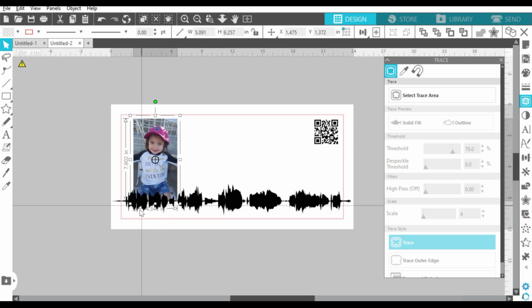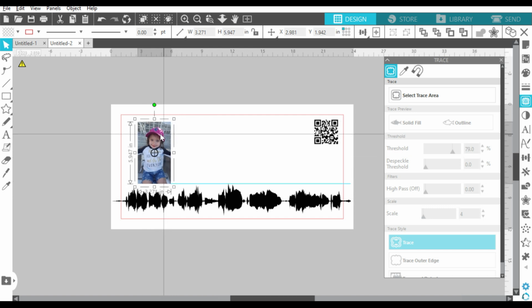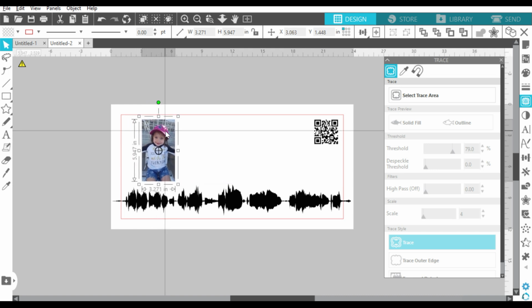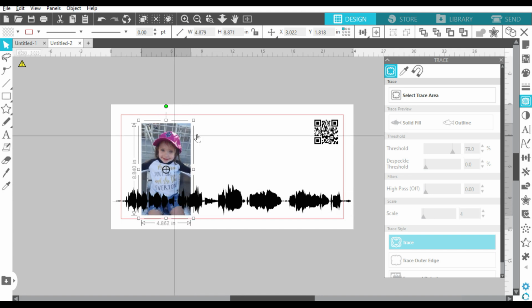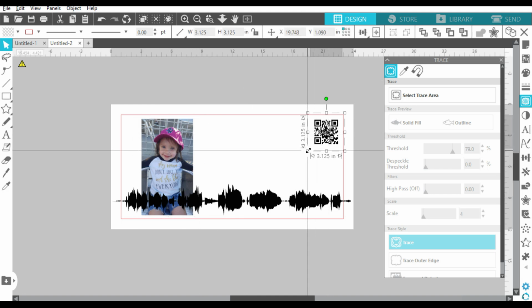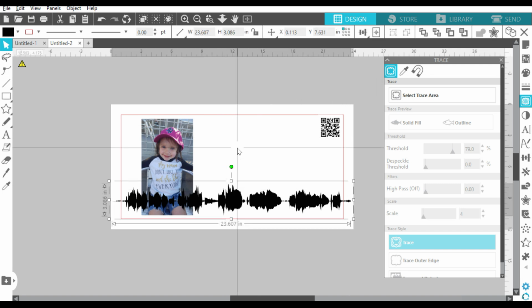And then let's go ahead, let's move our picture just a little bit. Actually, I want to, and you could put it anywhere you want. I think that's too small. So I'm actually going to move that and make it a little bigger. And I actually have a pretty cool trick to show you guys with where the audio wave file overlaps. But just remember that this sign is 24 inches wide, so you don't have to have a super large QR code if this looks too big to you or it's in the way. Really, it's whatever size works for you, but it's going to be more like a sticker.